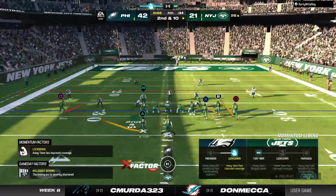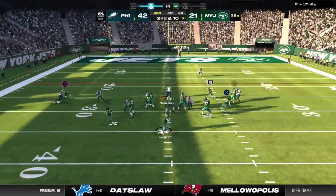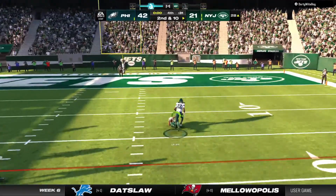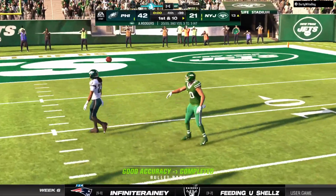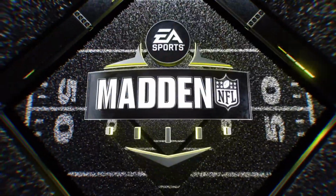2nd and 10. One final try for Rodgers. We've seen this before. And as this defense walks off the field, they can do so with their head